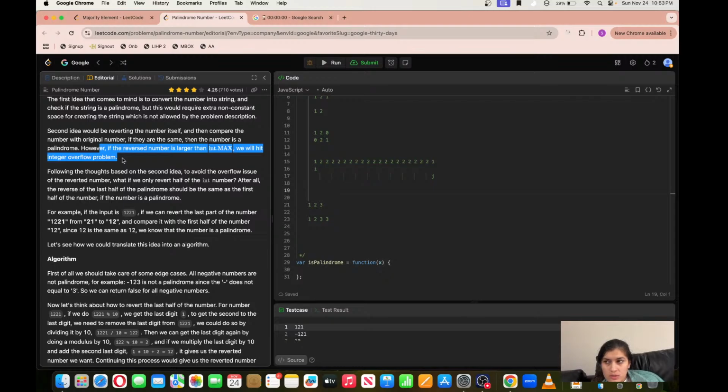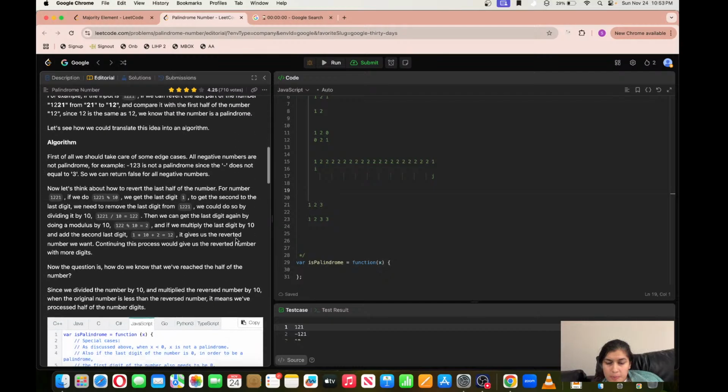How will the reversed number be greater than integer max? If the original number is integer max, then I'm just reversing that, right? Now how can it be greater? I do not know. But still, suppose it is the case,